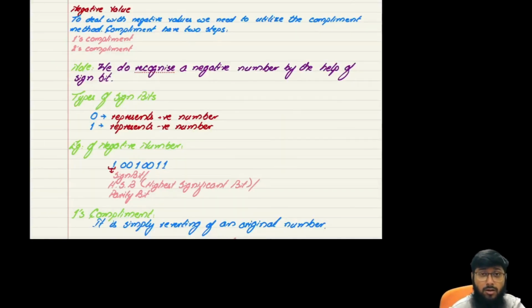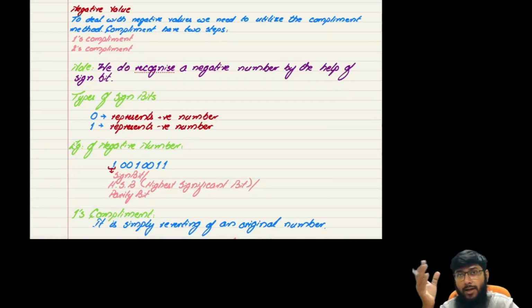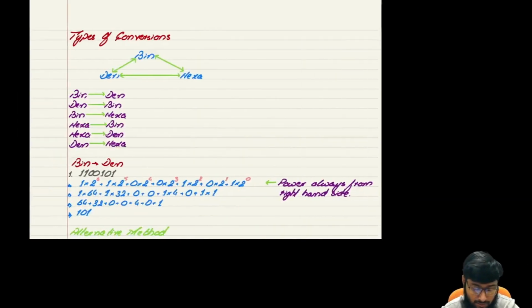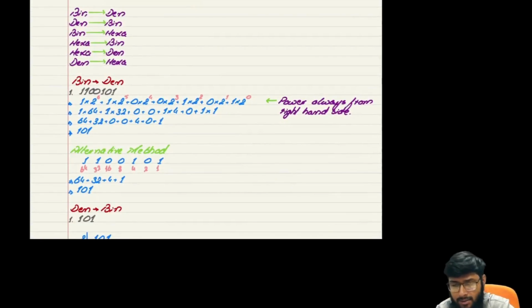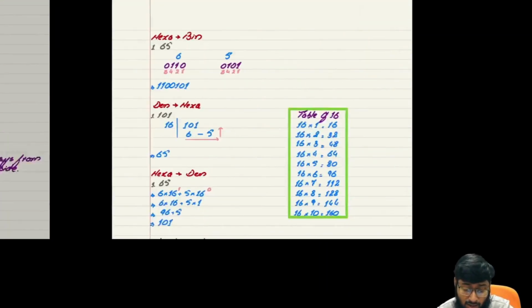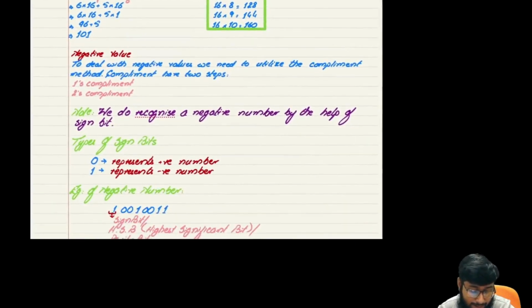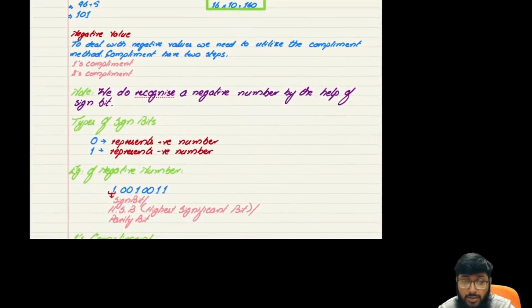Welcome to one more session for data representation. Today we will be dealing with negative values and the formation of the complement. In the last sessions, we did conversions for positive values, simply taking them as numbers and converting from one format to another. Now if we are getting a negative value, first of all we should know how